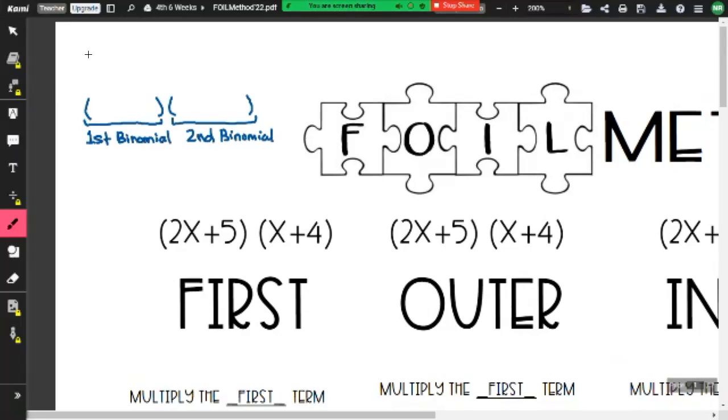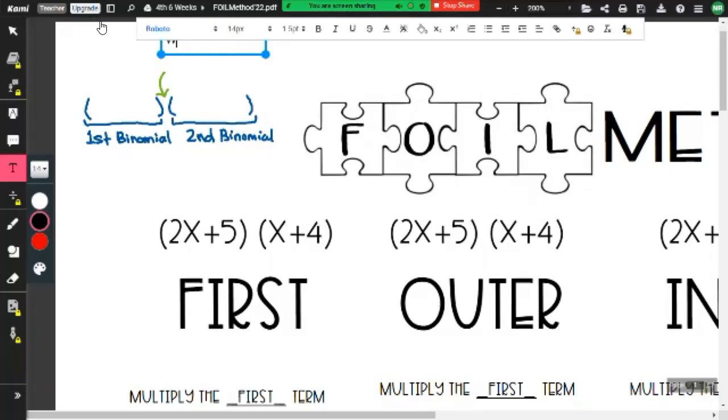Now, in between these parentheses is something missing that we've had the whole week, and that is a plus or a minus sign. There is no plus, there is no minus. So that is automatically indicating that we're going to multiply these binomials. So rule, when